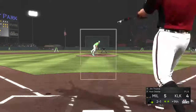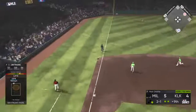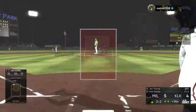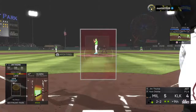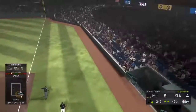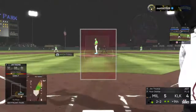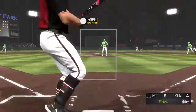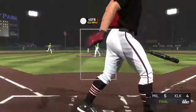Now the 2-1. Lifted down the line in left. And foul. Has them down to their final strike. Here it comes. Good job going down and hanging with it that time. And he struck him out for out number 3. So that'll wrap things up here as they leave the possible tying runs